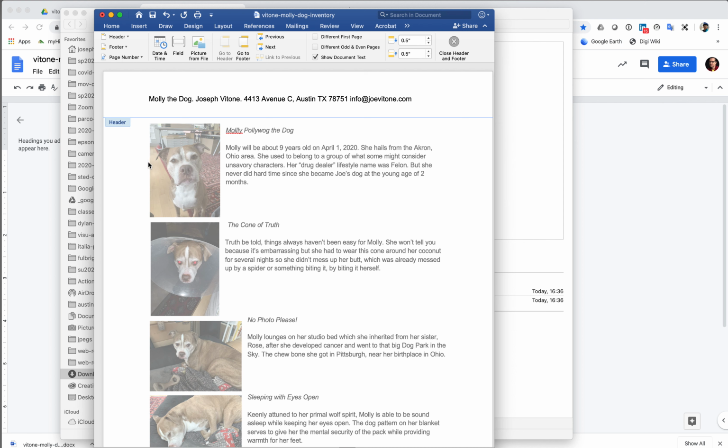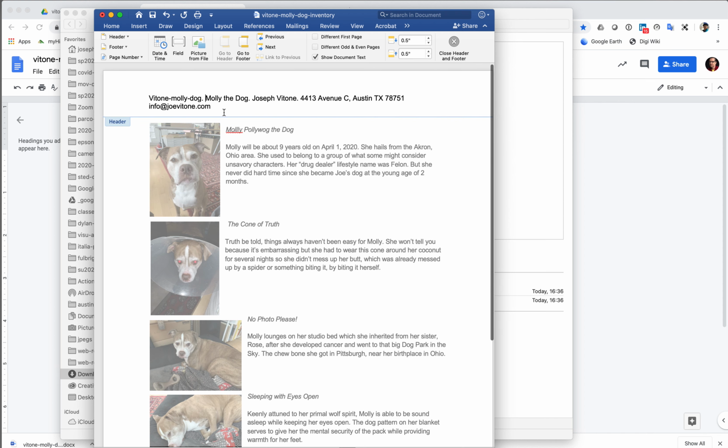In fact, for the purpose of this, let's go ahead and give the inventory the same name as we have on the file. So starting it with the last name, Vitone dash Molly dog,